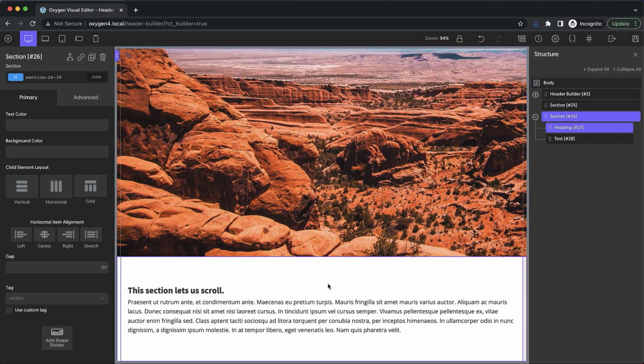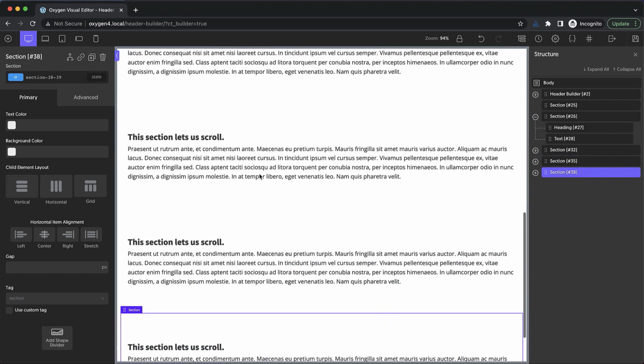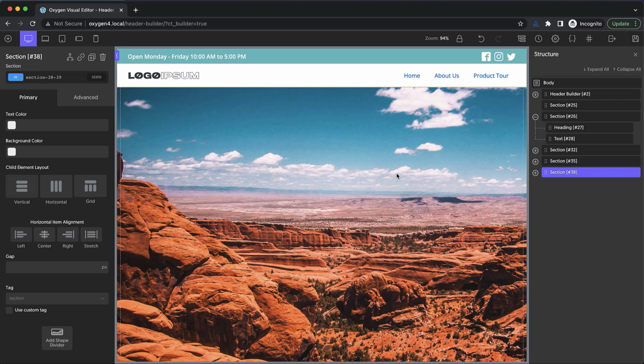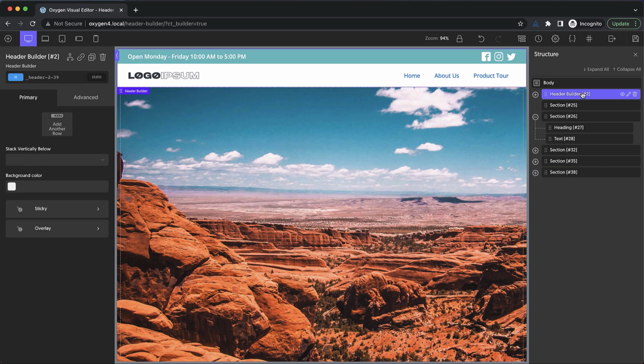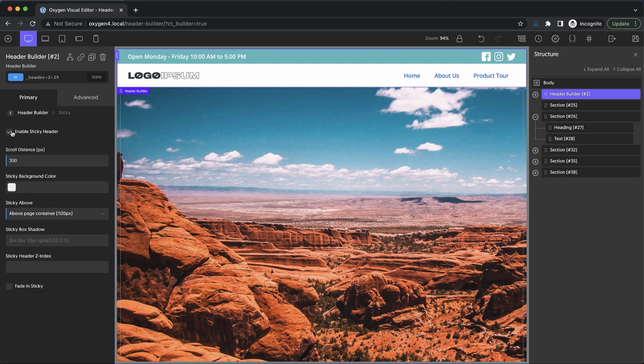Perfect. Now let's duplicate that a couple of times to give us some room to scroll. All right, so now if we go back to our header builder, we can go over to the primary tab of the properties pane with the header builder selected, and we can choose sticky, and we can enable the sticky header. This gives us some options for configuring the sticky header, like how far do we want to scroll